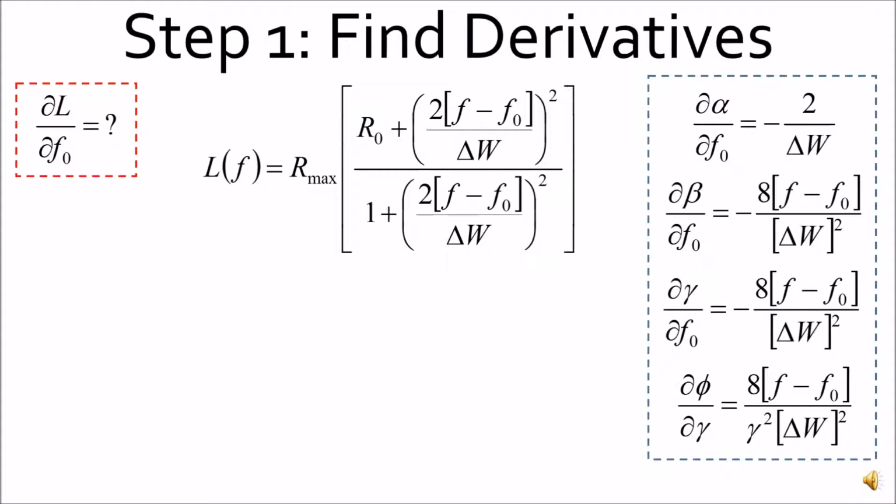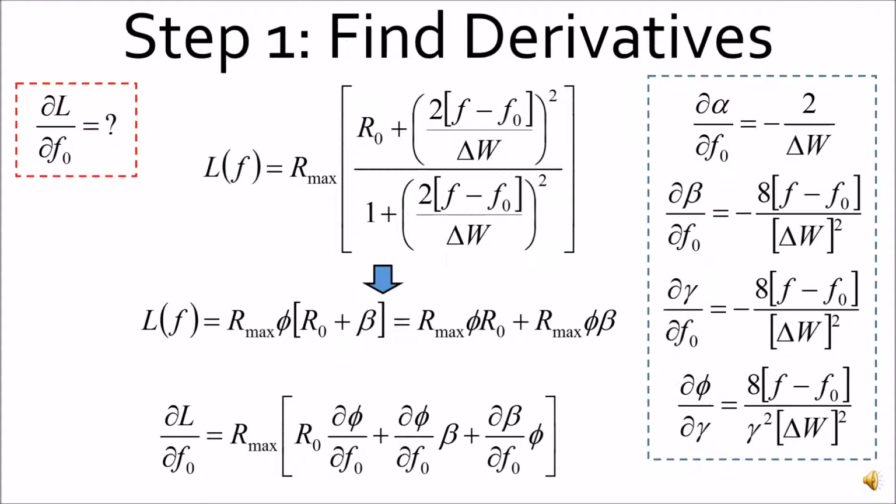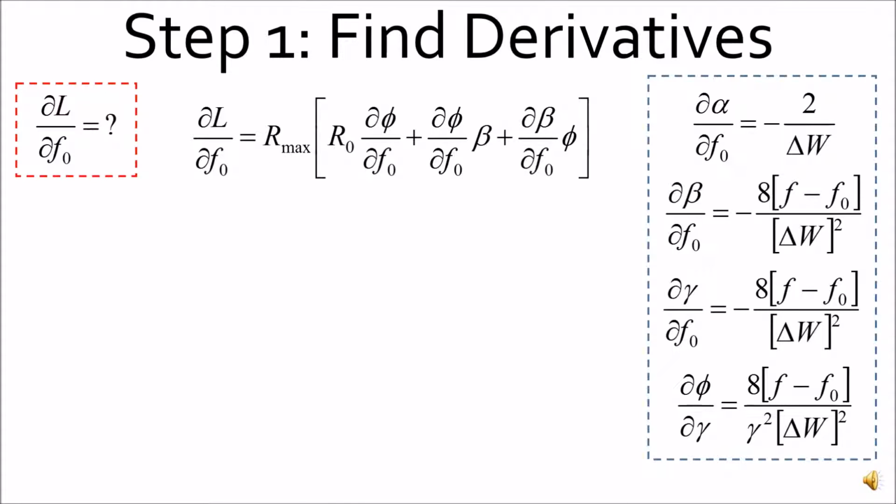Okay, so here we have our Lorentzian. Now let's just evaluate the answer. So this is our Lorentzian reduced using the parameters we have, phi and beta. We can just multiply it out to make it slightly more straightforward. So in this case we use the product rule. R max is just a constant, R0 is just a constant. So the first term we have is R max R0 d phi over df naught, and then for the second term we have R max multiplied by phi times beta, and both of these are functions of f naught, so we have to use the product rule. And that's hence how we get this d phi over df naught multiplied by beta plus d beta over df naught multiplied by phi. Okay, so we can now just substitute in from our box on the right hand side,